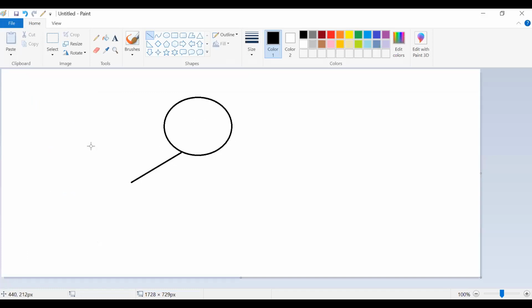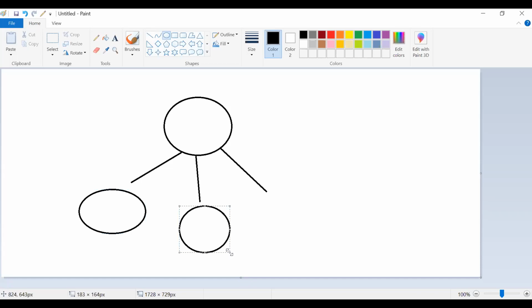So this is my root node, and then further, as the name says, there will be branches. Let's say this was my column 1.